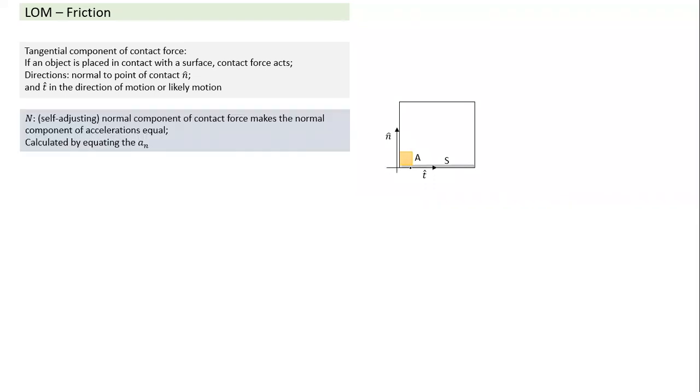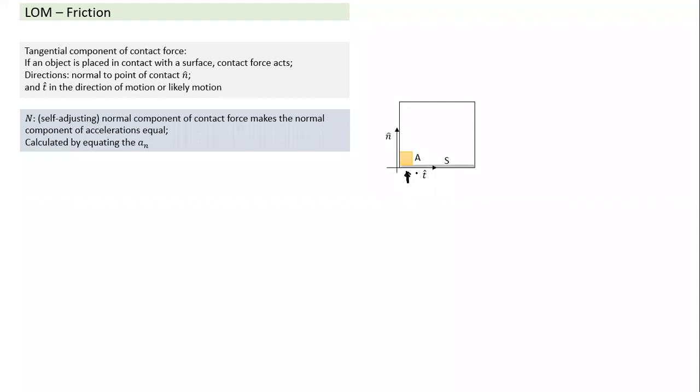So when we talk about contact force, there are two parts here. When an object is placed here, we can define two components with respect to these two axes. One component acts in the normal direction. This component of contact force is called normal reaction. And even the normal component of contact force is a self-adjusting force. It has no fixed value. We have seen even in the case of a horizontal surface, the force value is mg plus m a naught. It means if you accelerate the surface in the vertical direction, the contact force changes.